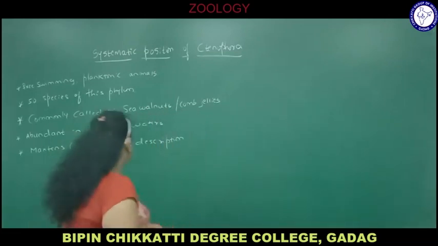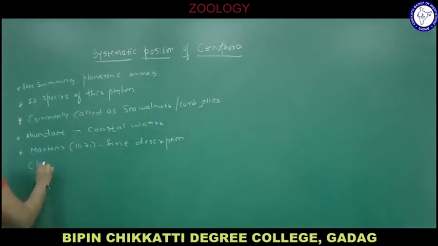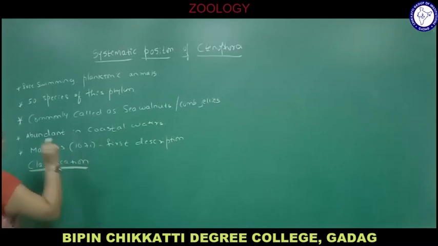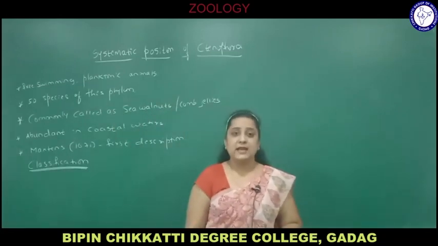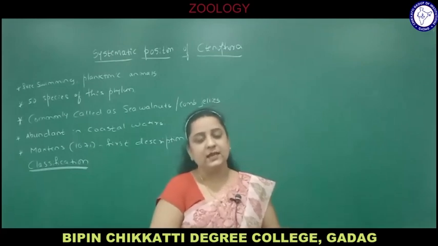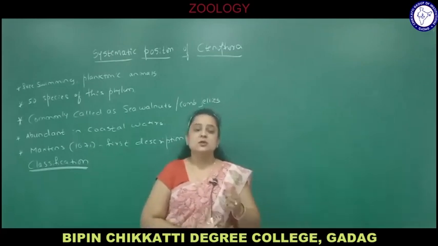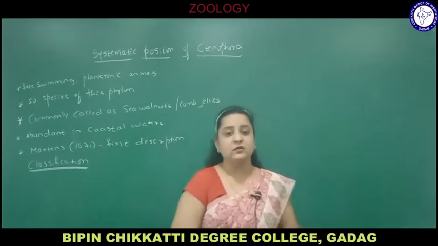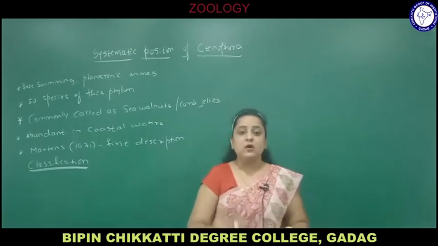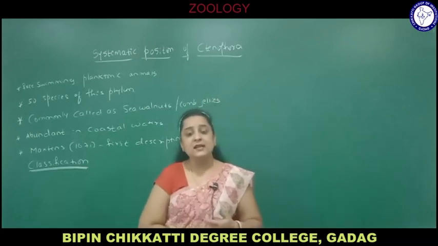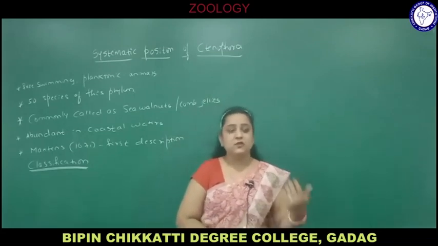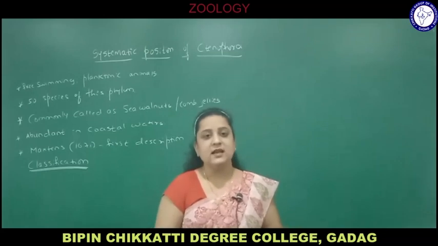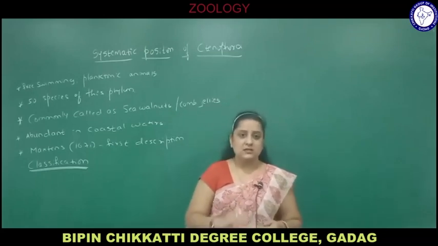Now coming to classification. Classification of animals is very important. You have studied taxonomy in your basics. Taxonomy is identifying, naming and classifying organisms. Classifying organisms into different categories, classes and orders is essential, depending on their similarities and dissimilarities. Through comparative study with different phyla, organisms are placed into a particular phylum, class or order.